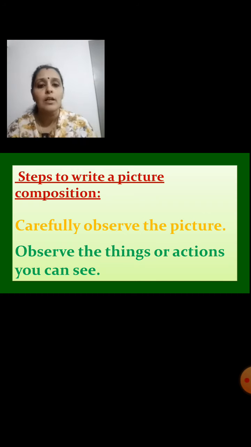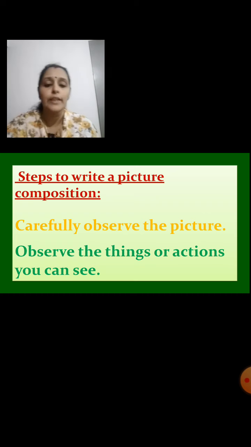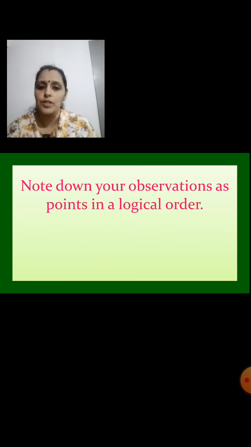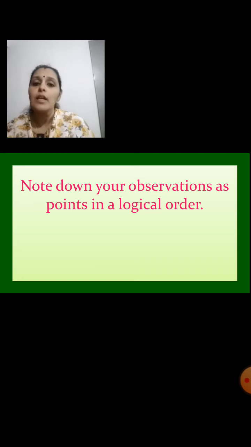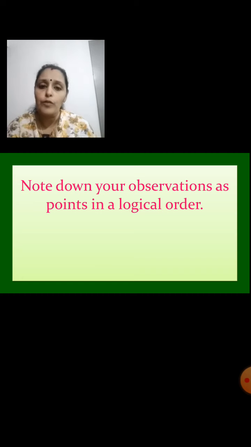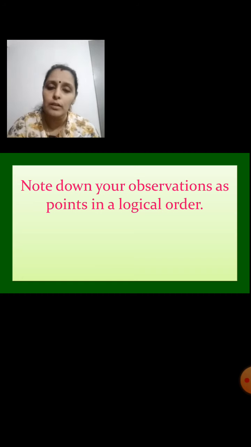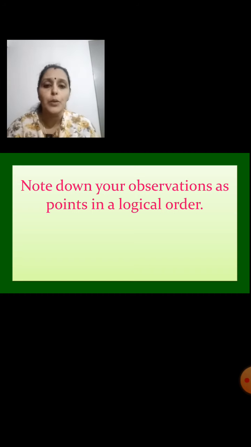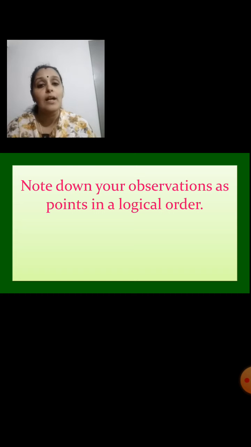And then whatever you have observed, the things or actions, you have to note them. So first, carefully observe the picture and observe the things or the actions that you can see, and then start noting down your observations. Whatever you're observing, you start making a note of it in a logical order. Okay, so whatever you note, you can ask questions and you will get answers to it, and start noting down so that when you start writing the composition, these points will be useful to you. Okay,